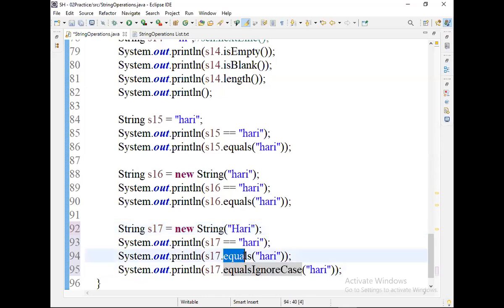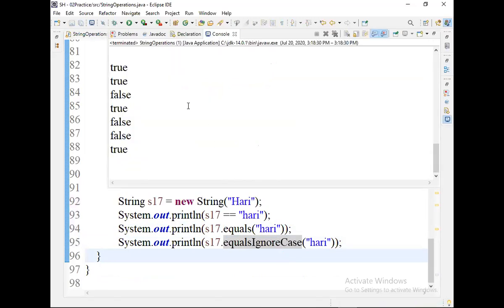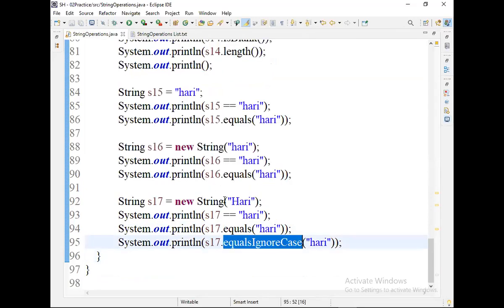Then equals method compares strings by considering case. And equals ignore case method compares strings without considering case. Only consider normal characters. You will get false, false, true. So in the background equals ignore case method converts the argument string.